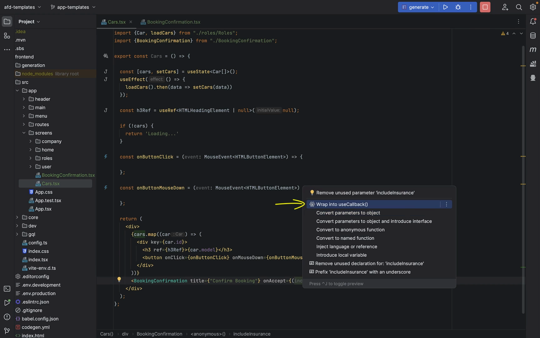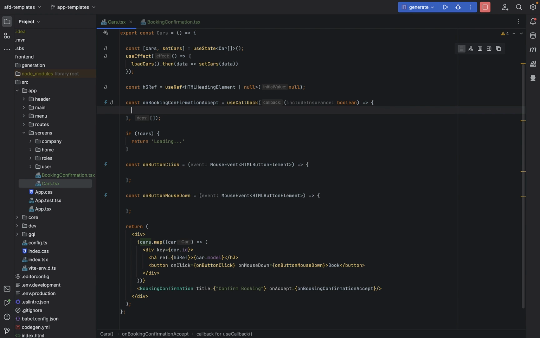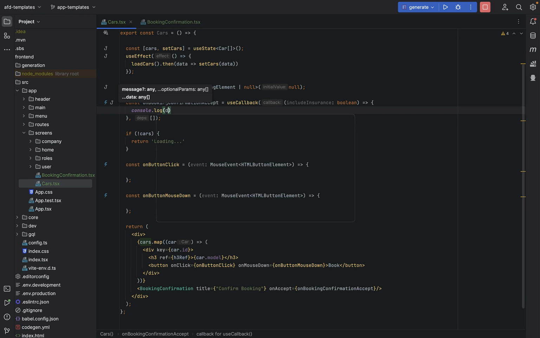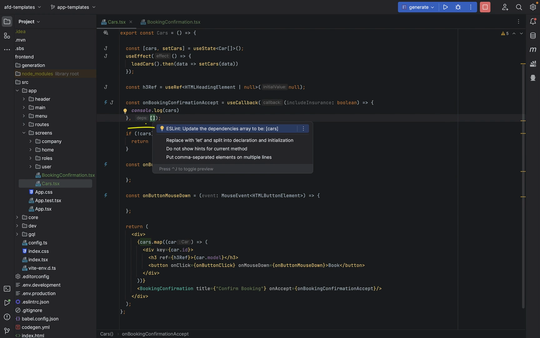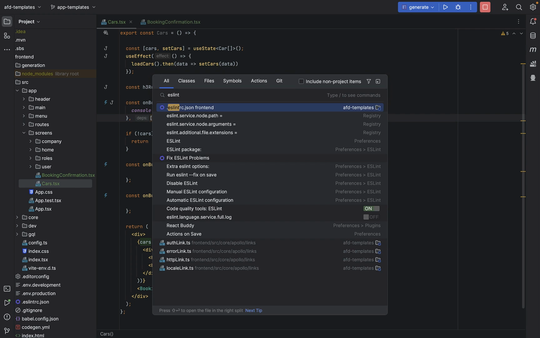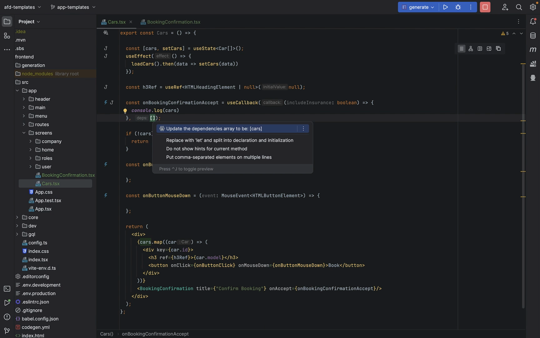Okay, sometimes we want to wrap some function or event handler into useCallback. React Body provides the intention to do so. It automatically generates dependencies array. If your project has configured ESLint rules for React hooks, you can create dependencies array using quick fix provided by ESLint. But if ESLint is not added to the project dependencies or don't have required plugins, React Body will help